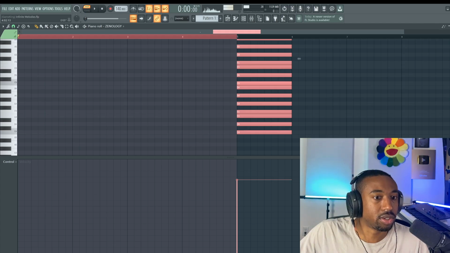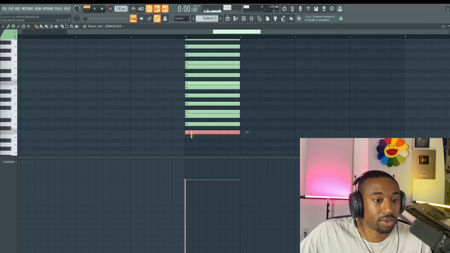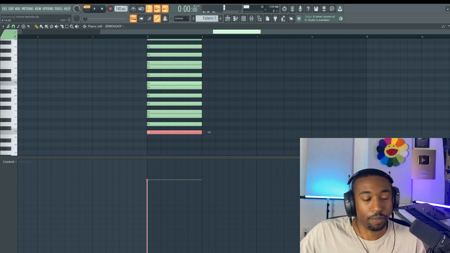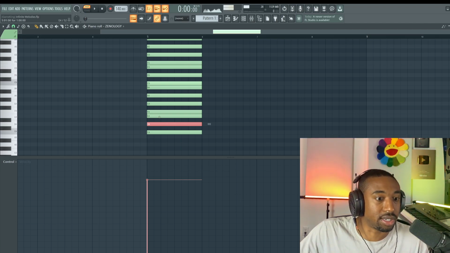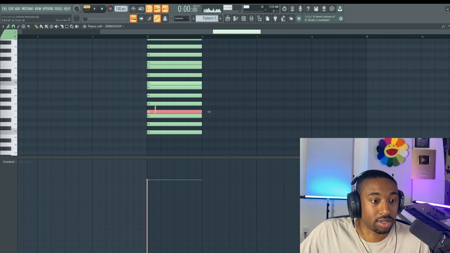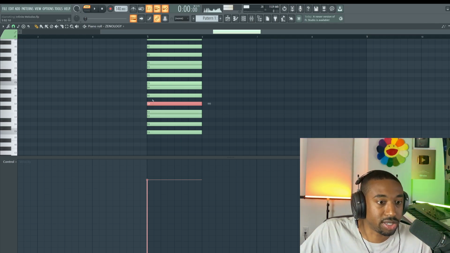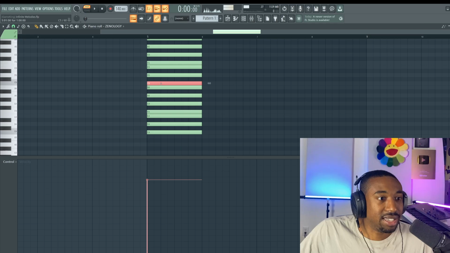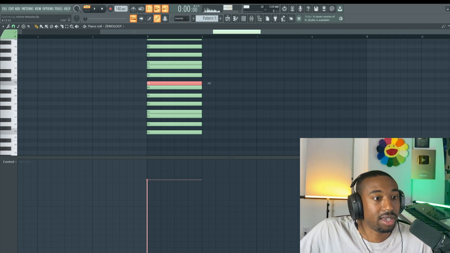In short, a scale degree is when you start at a specific point in the scale. So C, for example, is the first note in the scale, therefore it's the first scale degree. D is the second note of the scale, therefore it's the second scale degree. E is the third, F is the fourth, G is the fifth, A is the sixth, B is the seventh, and then C, it repeats itself, on and on. So the simple formula is taking a scale degree.